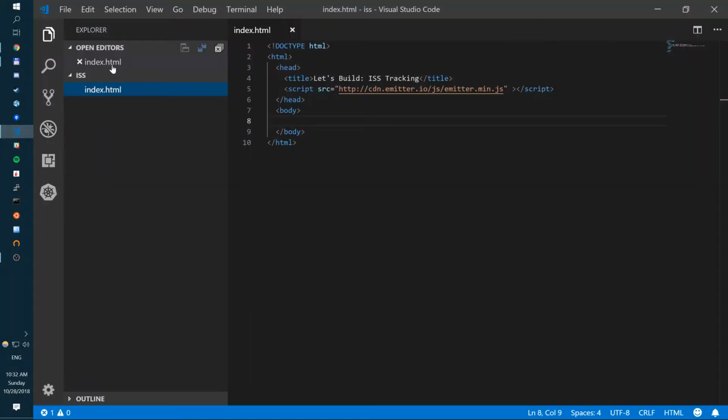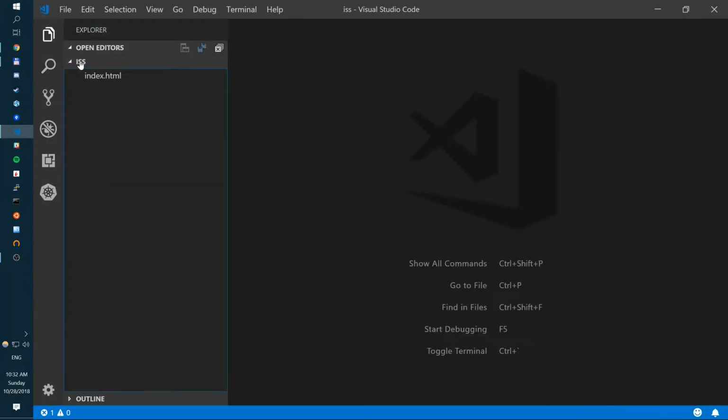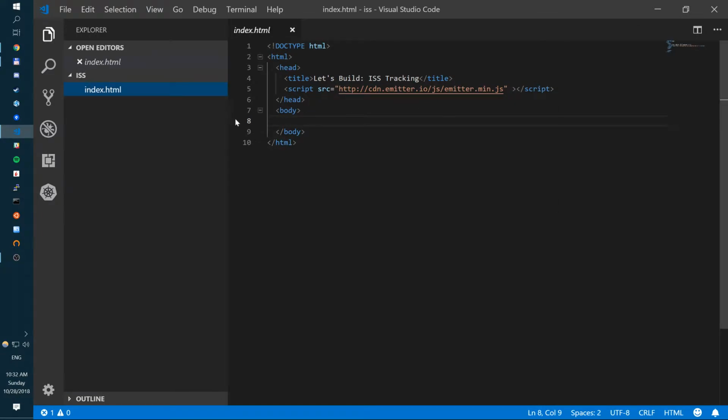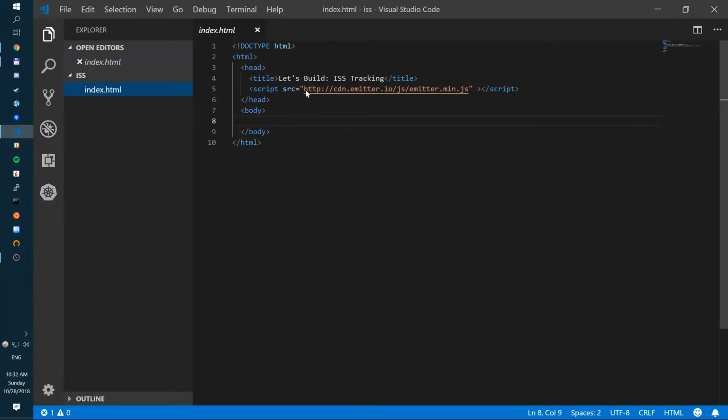So I've created a very basic HTML, right? So nothing much here. I've imported the Emitter script already. So we have Emitter in JavaScript, right? But no code is written. Let's start with